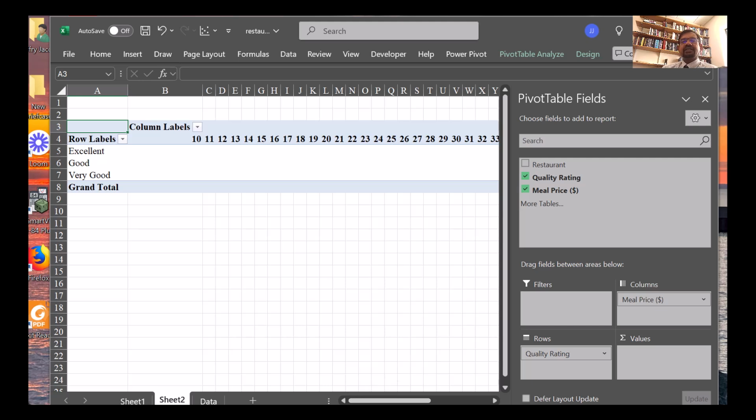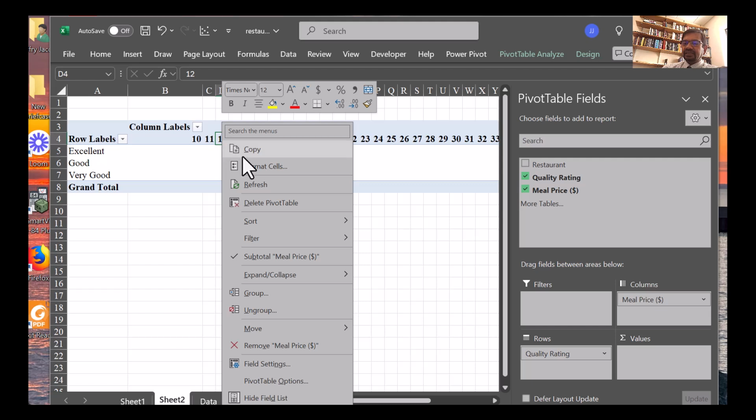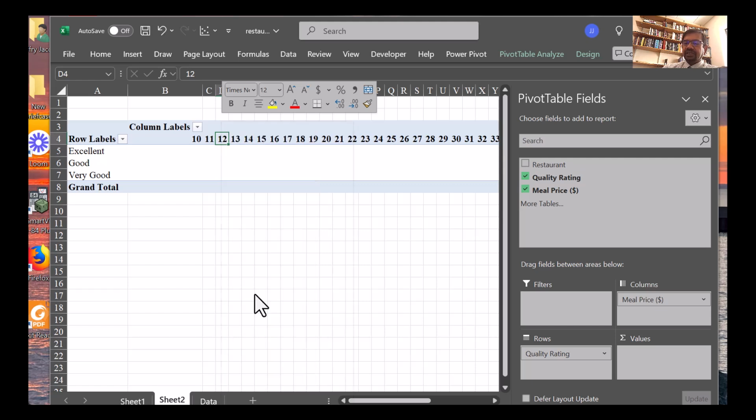We may want to combine restaurants from, let's say, $10 to $19, and then 20 to 29, and then 30 and more. So we can do that very easily. This is called grouping the values. I can right click on any of these cells, and then it gives me the option of group. So I click on group,